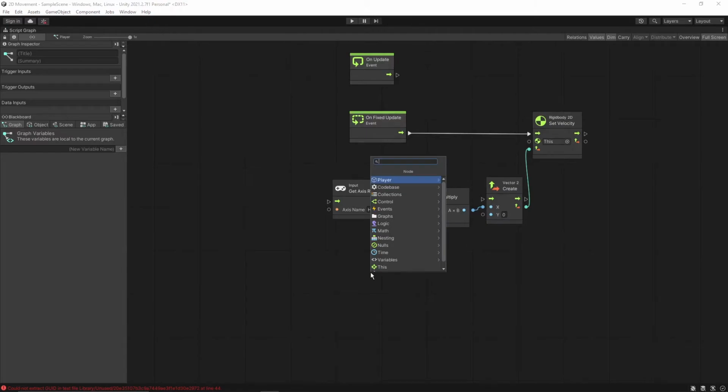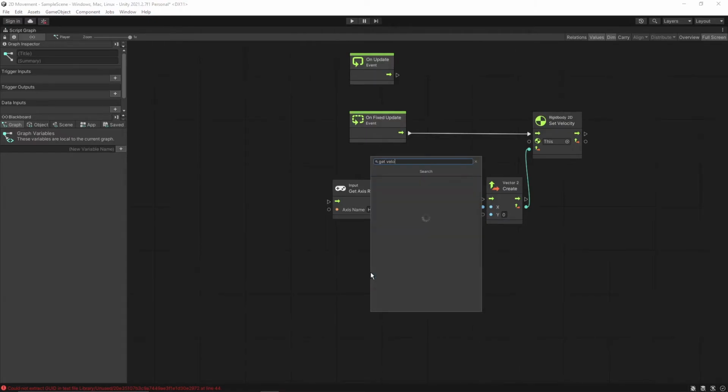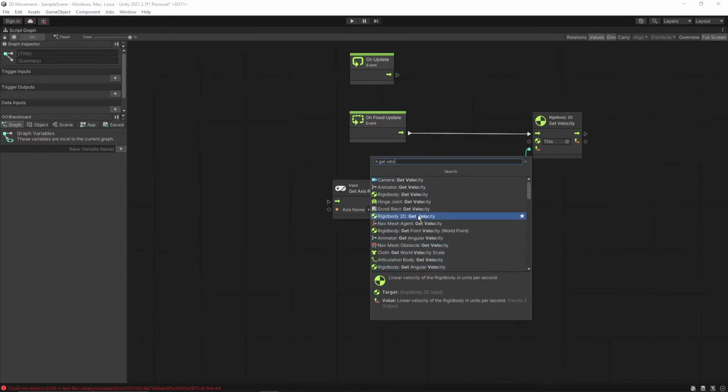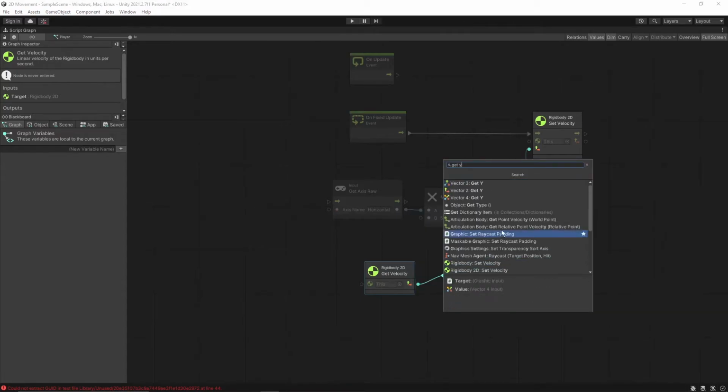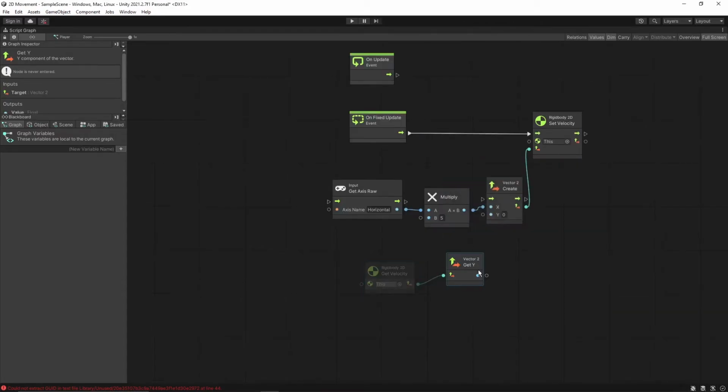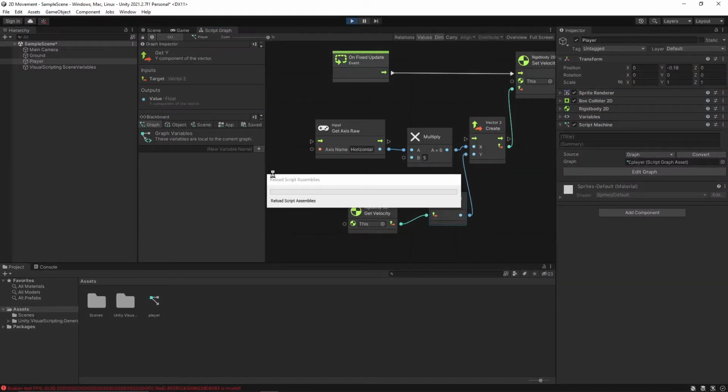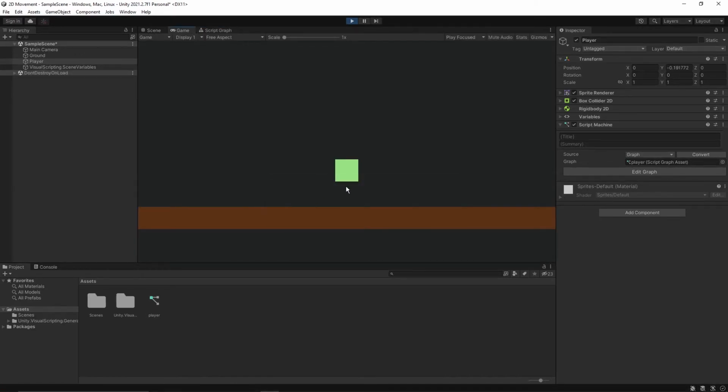So if I type get velocity, this node will output the vector values of the current velocity of the current game object, but we only want the y value, so we'll do get y of vector 2 and pass it. Now if we try, you see it's much faster now.